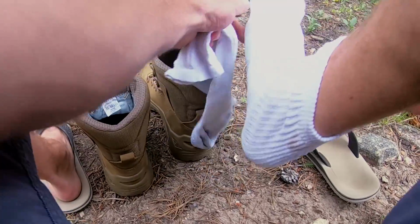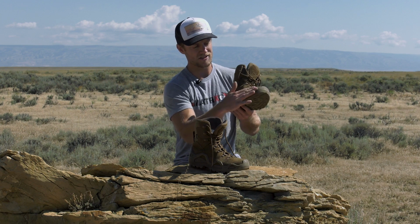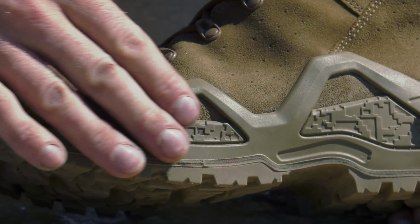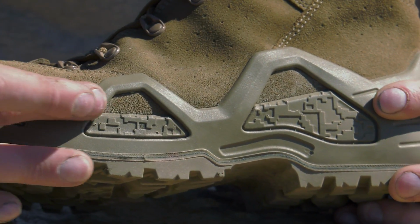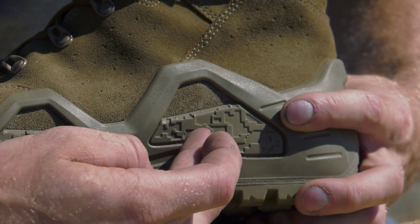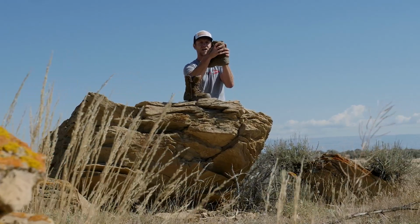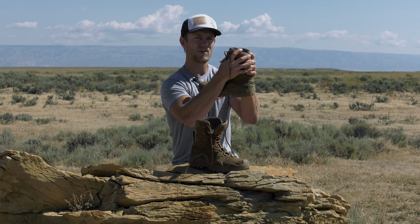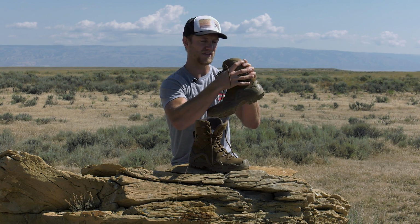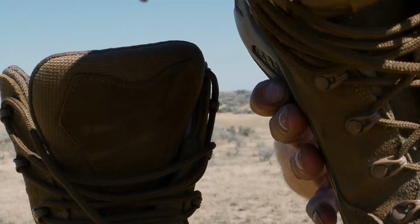So I wear my cotton socks, strap on a backpack, and hike 5 miles. Now the first thing I notice is the support in these. They have kind of a rand system around the side. Obviously it's not like a rubber rand like you'll see in a lot of boots. It's a thick nylon rubber, and it kind of gives you that support down low, as well as the high top laces all the way up to the top. So support is really, really superior with this boot,